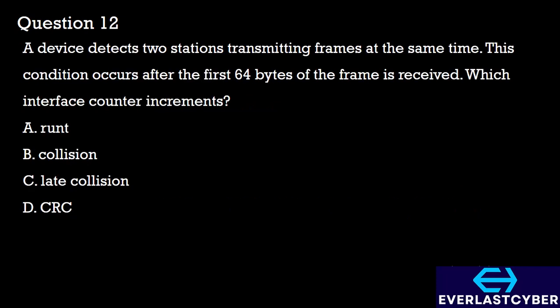Question 12. A device detects two stations transmitting frames at the same time. This condition occurs after the first 64 bytes of the frame is received. Which interface counter increments? A. Runs. B. Collision. C. Late collision. D. CRC. A runt is a frame that is shorter than the minimum frame size, but it does not relate